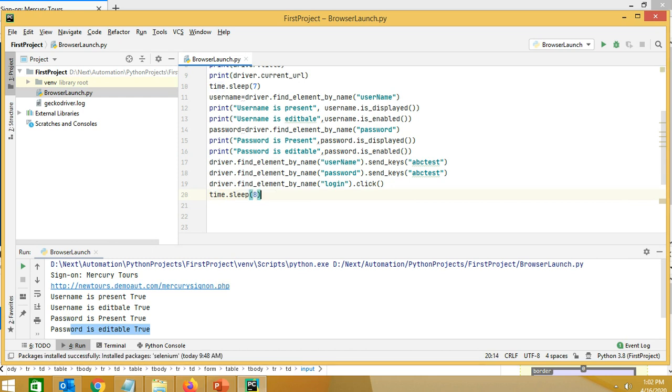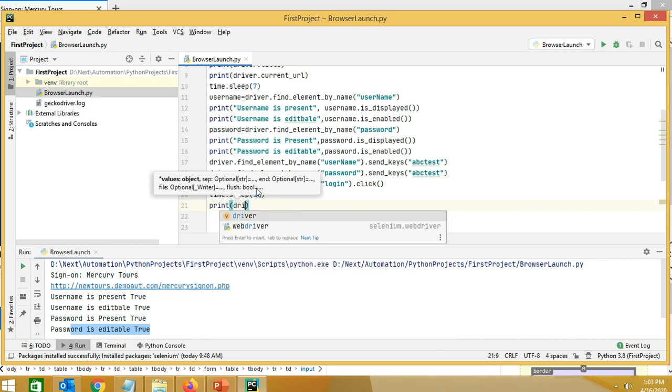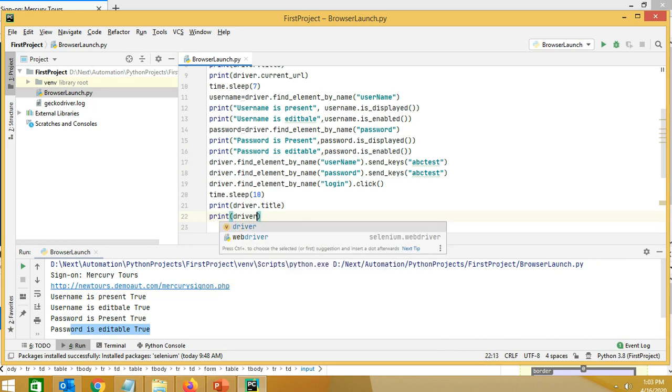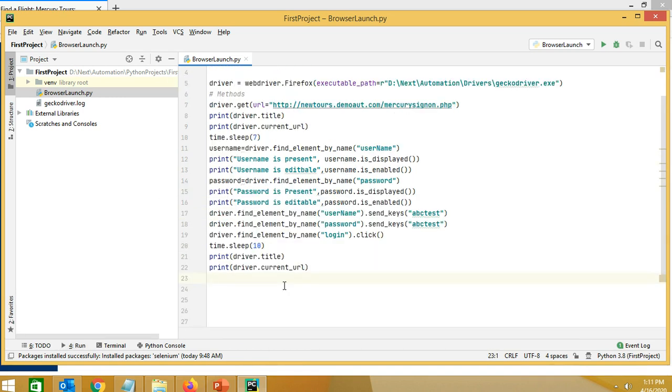We need to wait for some seconds. So this will click on login and then wait for 10 seconds, and after that let's print the title to check whether we are on the right page or not. Let's print driver.title, and also print the current URL.